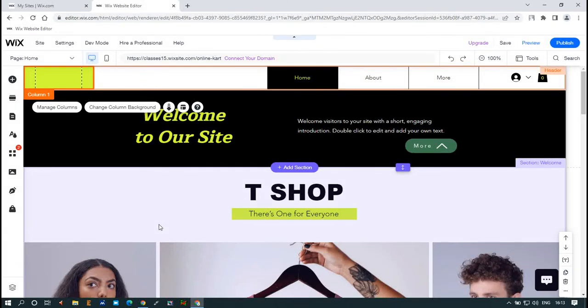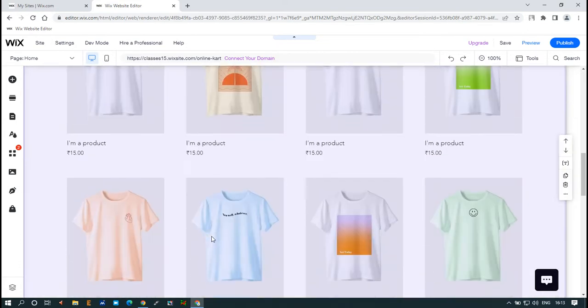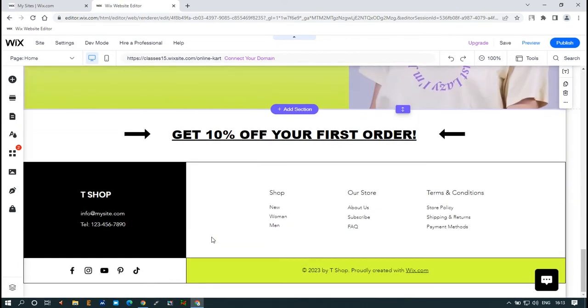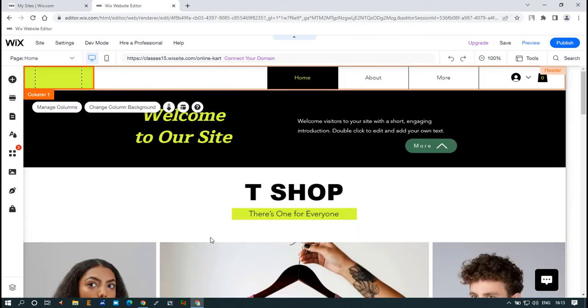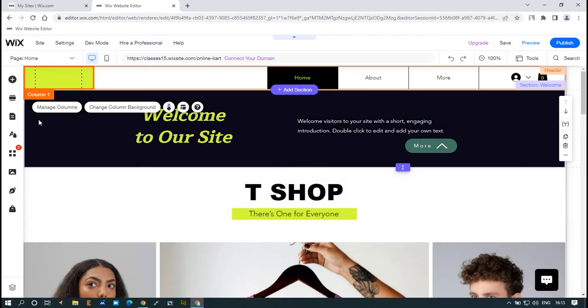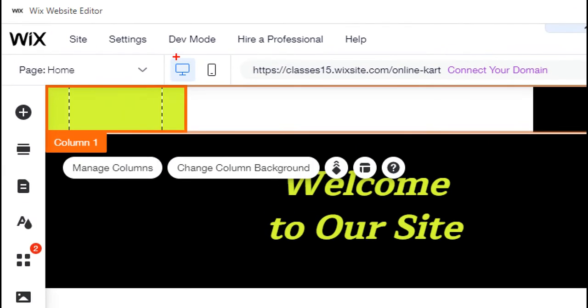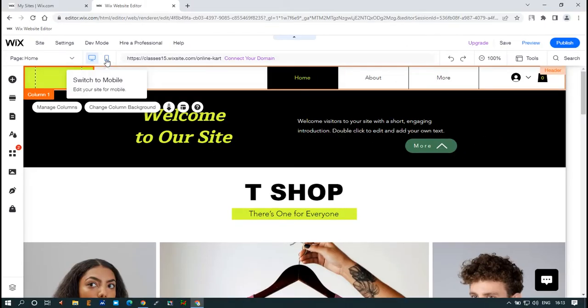This session we will work on the website template editing in mobile view. Whenever you have done with your design, or if you want to create, or if you want to adjust the entire website into your mobile versions. For example, we have this website and how it looks like in mobile website. Up side we have got two options here, that is a computer screen, and one more option here is the mobile screen. So I'll click on mobile screen, that is switch to mobile,